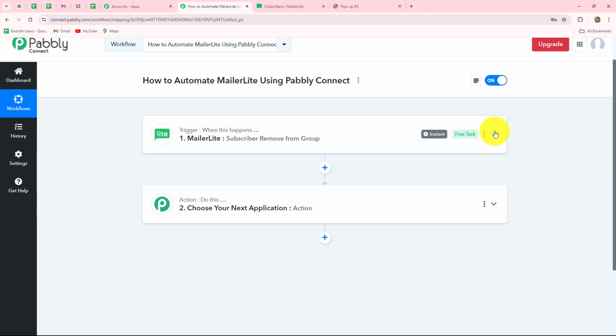any other application automatically. Let's suppose I want to create a record of all the subscribers which are removed from the group in my Google Sheets, so I can add Google Sheets in my action step. Further, I can also send a WhatsApp message to these subscribers that they have been removed from a particular group. And also we can send the same response to our team members on Slack or Google Chat space. Okay, so I hope you have understood how to set up the connection between MailerLite and Pabbly Connect